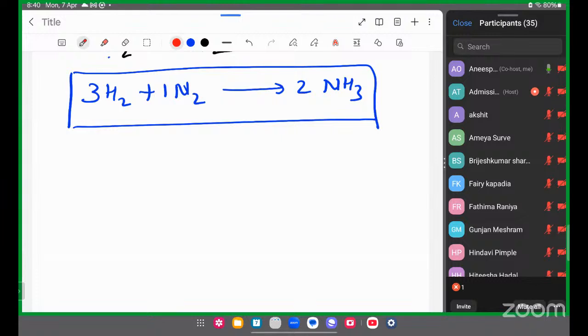For example, if I want to know how many moles of hydrogen are used to exhaust 1 mole of nitrogen in the Haber process, which means to completely react with 1 mole of nitrogen, how many moles of hydrogen gas will be required? So according to the equation, this will be 3 moles. And if you are looking in terms of molecules, the same equation provides